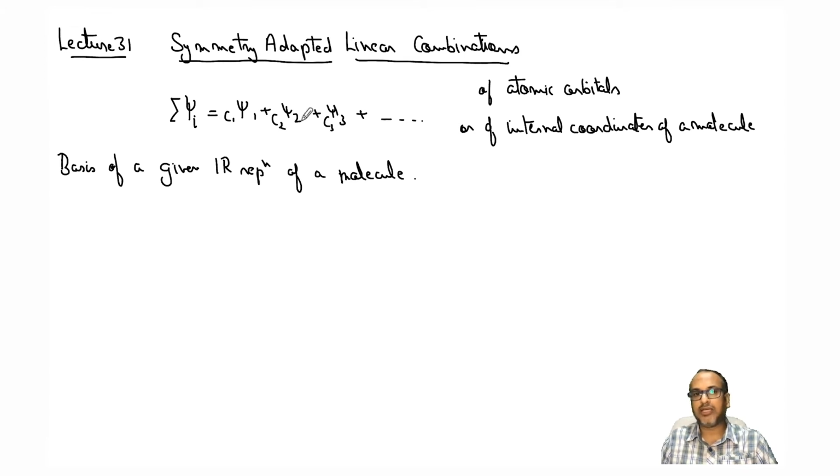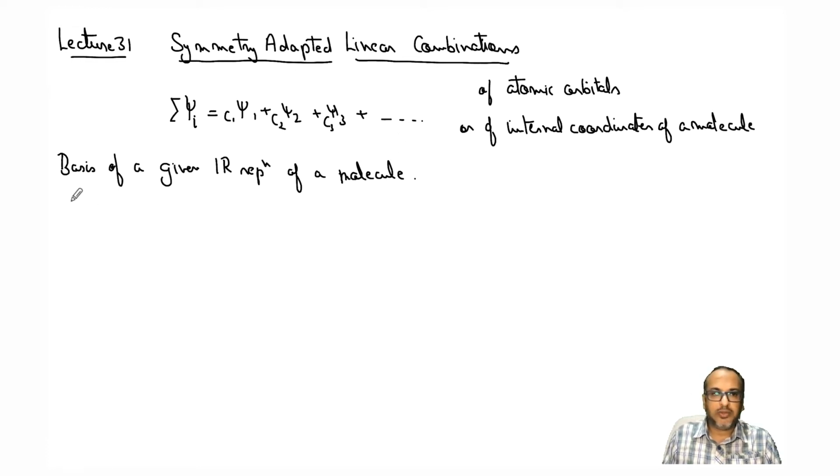If you have n such orbitals, there can be n linear combinations. Each individual linear combination can form a basis of an individual irreducible representation, and in such cases we will know the symmetry. That's why they are called symmetry adapted linear combinations, and they will also be orthonormal to each other,